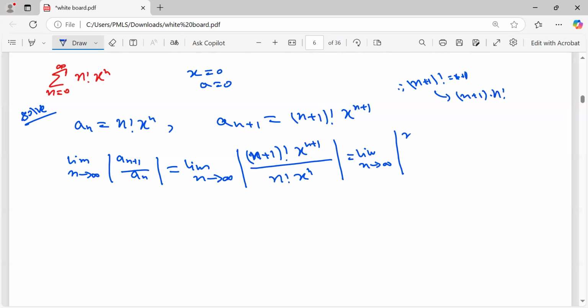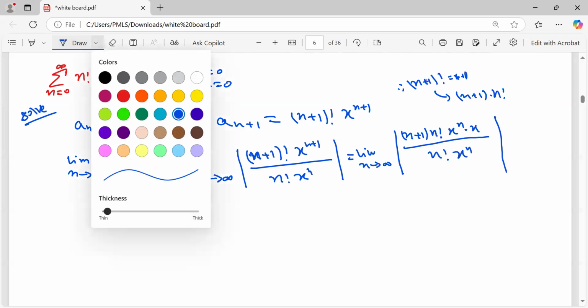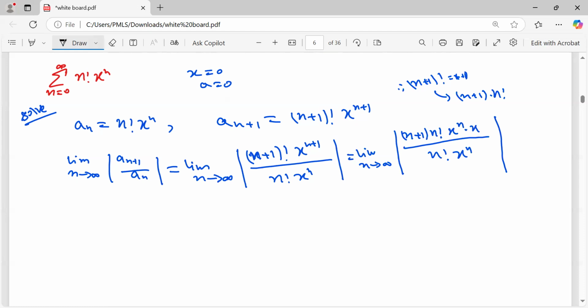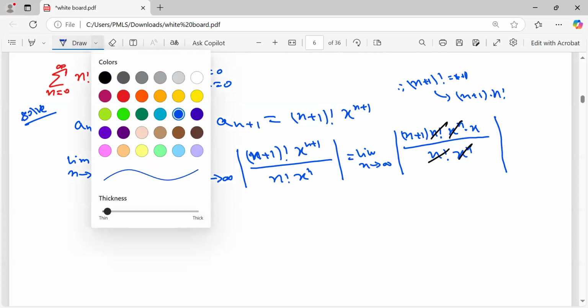So in this way, it can be written as (n plus 1) times n factorial, and here will be x raised to the power n times x, because the power added here, and divided by n factorial x raised to the power n. So here common terms will be cancelled out. We can see that x raised to the power n cancels out with x raised to the power n, and n factorial cancels out with n factorial, and we will be left with